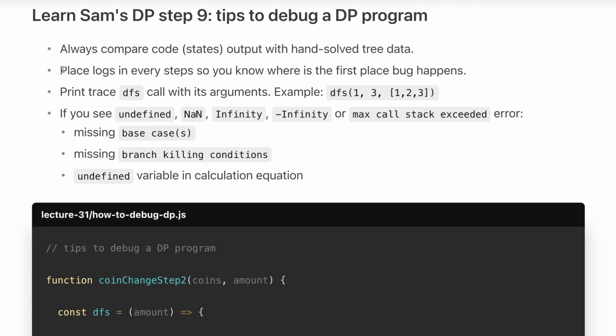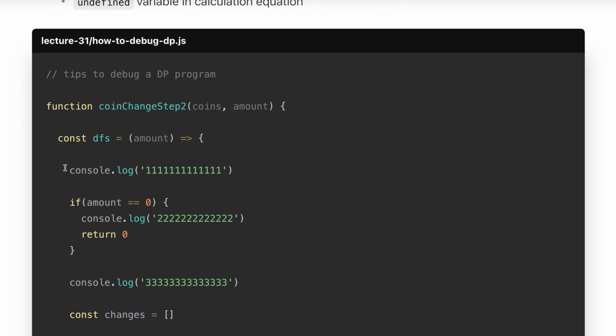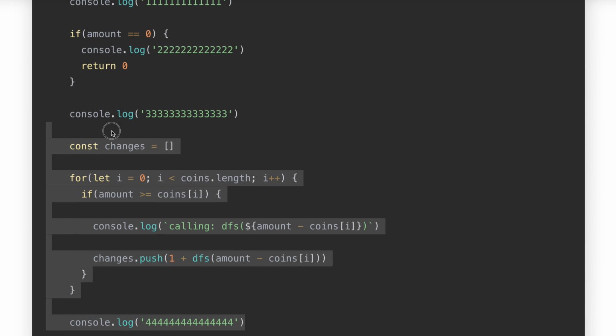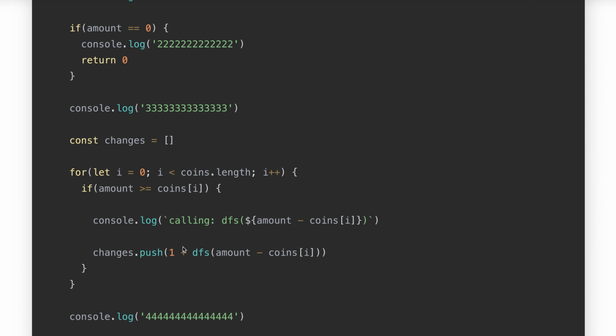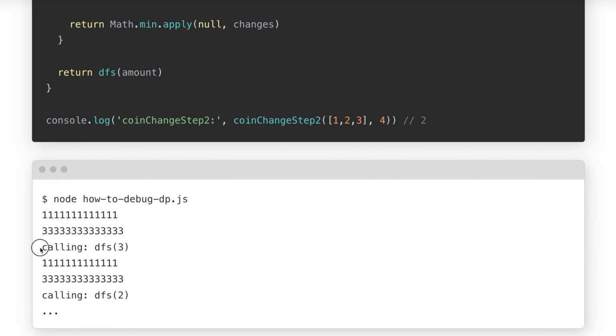The second tip is, if you're not sure what's going wrong, just place logs everywhere at every step, so you know where is the first place the bug happens. That means you can place the log like this, to check whether your depth search is going through, or you're missing some base cases. The next tip is, you can print the trace of the depth search call, for example like this one. Before calling your depth search, you can just log it out. And in the console, you can see the parameters that it's calling,